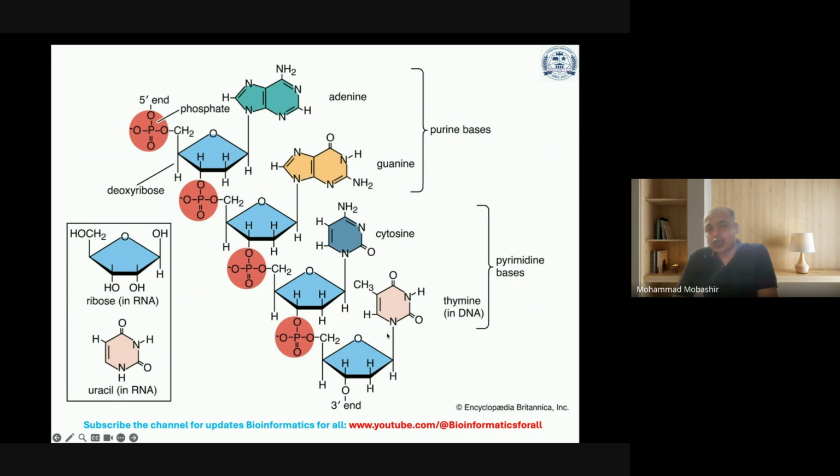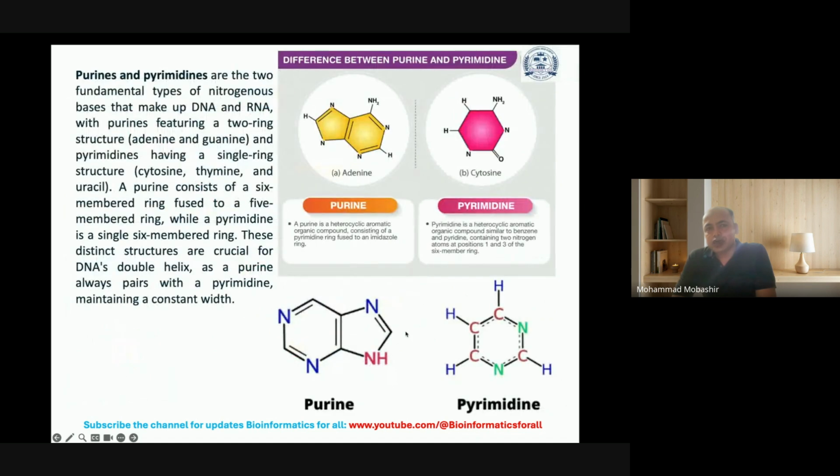Now, what is thymine here? This you can see here. So the purine and pyrimidines are the two fundamental types of nitrogenous bases that make up DNA and RNA, with purines featuring a two-ring structure, adenine and guanine, and pyrimidines have a single ring structure, that is cytosine, thymine, and